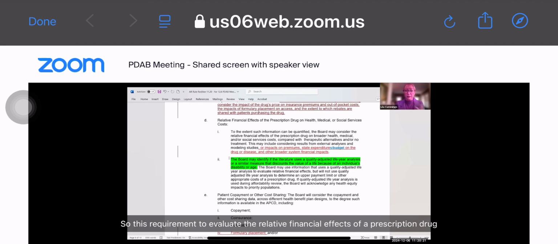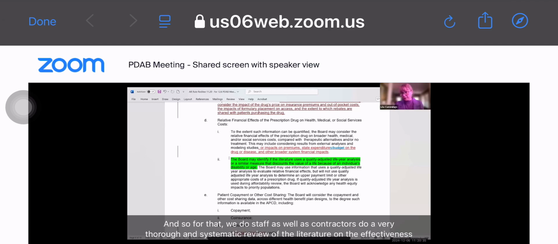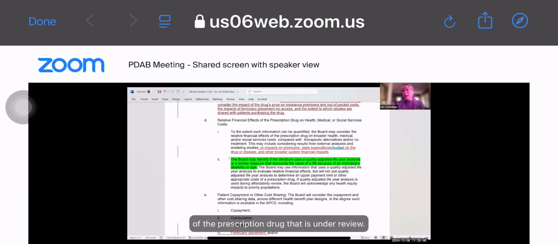So in this requirement to evaluate the relative financial effects of a prescription drug, really what we're looking for here and what the board has looked at in the past is what does the literature say about the effectiveness of the drug? And so for that, staff as well as contractors do a very thorough and systematic review of the literature on the effectiveness of the prescription drug that is under review. I will say that these reviews look at both the clinical effectiveness of a prescription drug,